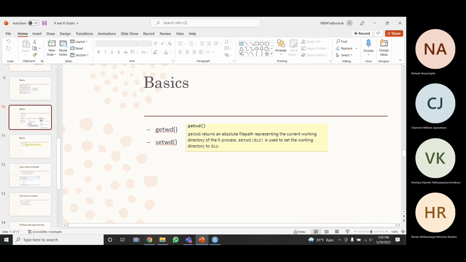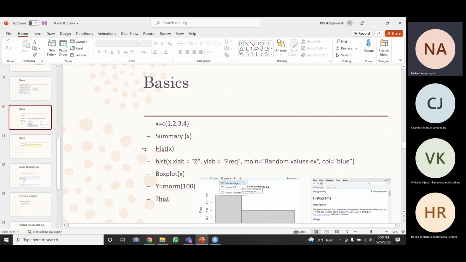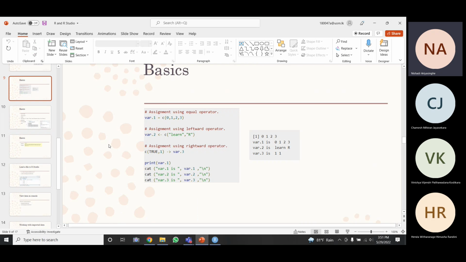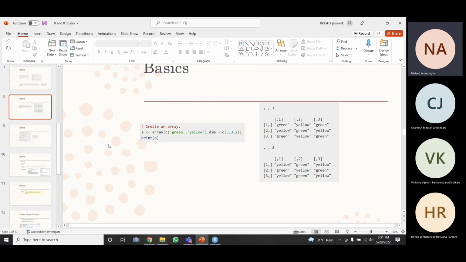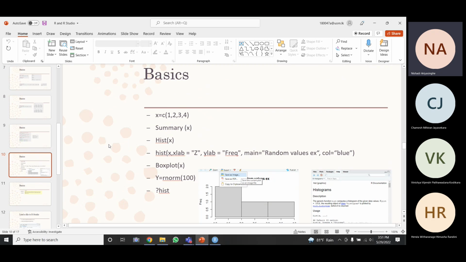So I have included some functions in your presentation. First of all, you have to install R, and then you have to practice with the basics, and then afterwards you can move on to using these kind of functions, right?